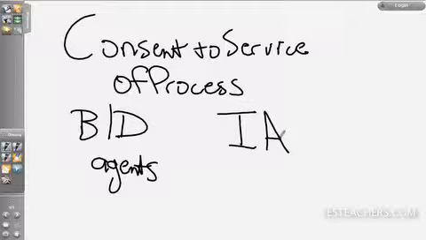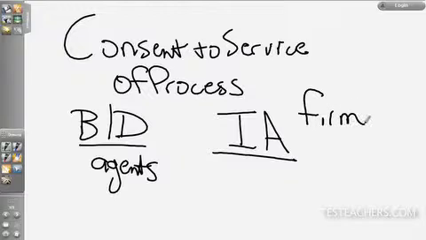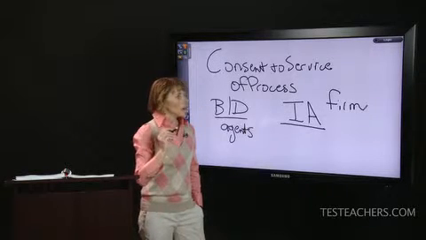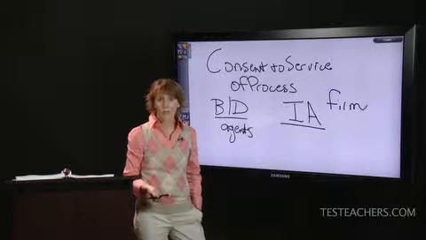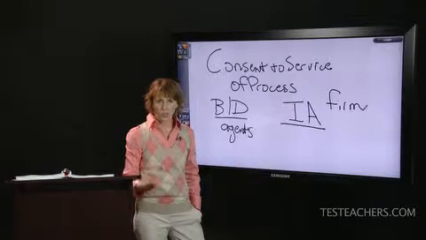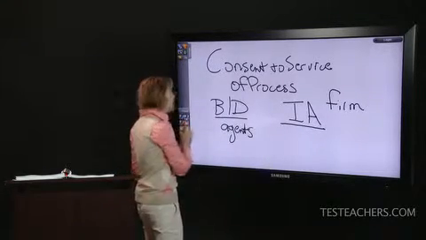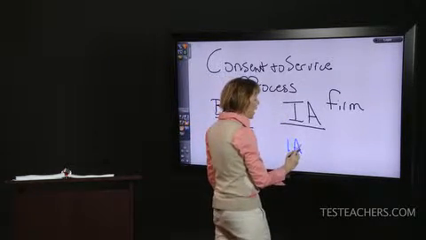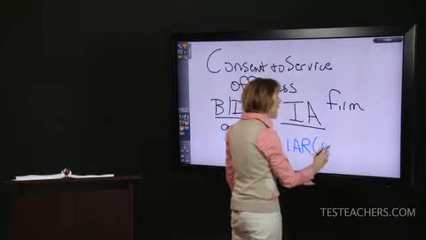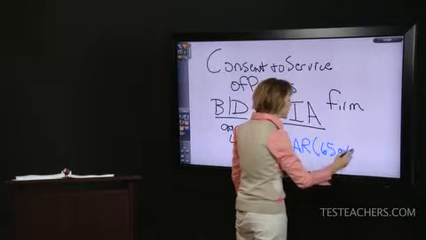I have to talk about this for just a second here. Broker-dealer, this is your firm. With your Series 6 or your Series 7, you're an agent. This term right here, investment advisor, this is the firm. When a student gets their Series 6, Series 7, they become an agent. When they get their Series 65 license or their Series 66 license, they are allowed to work for an IA, that's the firm, as an IAR, as an investment advisor representative.